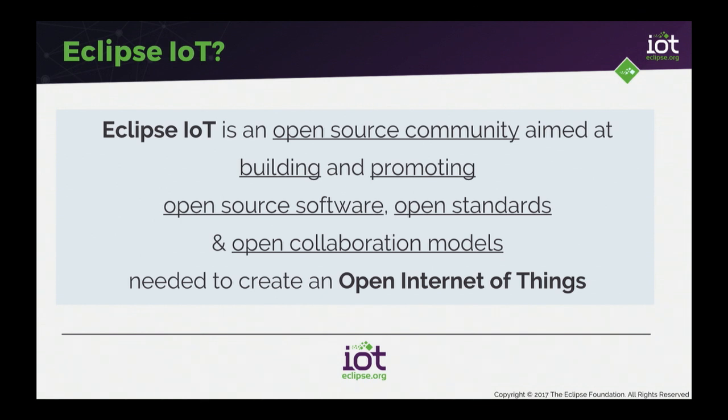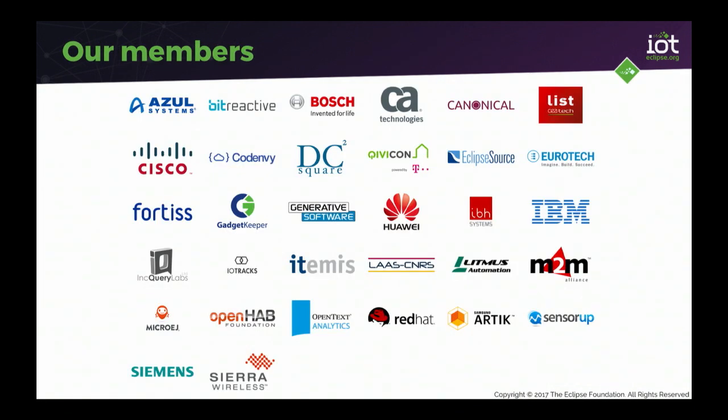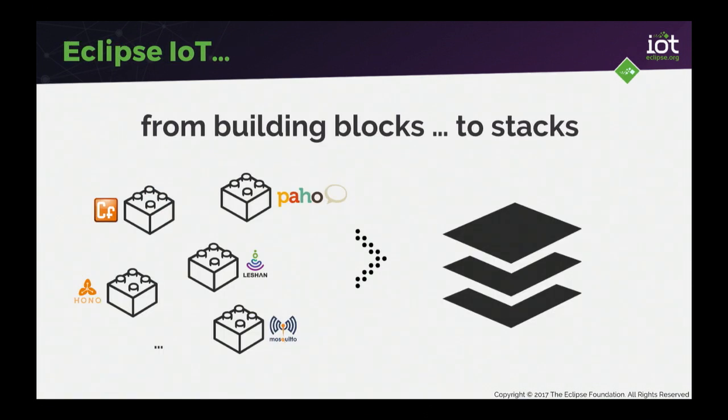Eclipse has lots of stuff around the Java IDE. Yes, sure, but that's a long time ago actually. Now there's way more, and especially around IoT, we have those companies, big guys actually, like Bosch, Canonical, Red Hat, GE, IBM, Siemens, Cisco, many others. They are working on providing the software for implementing the IoT stacks in open source.